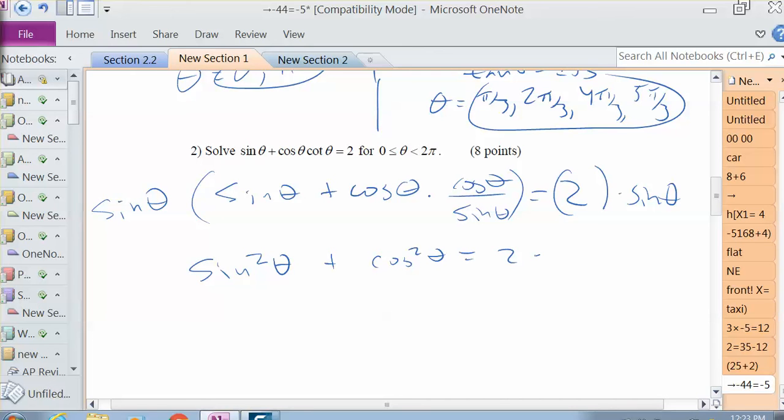But by doing that, you make life so much easier for yourself, right? Because notice that sine theta times sine theta is sine squared theta times that fraction, the sine thetas go away. 2 sine theta, that's 1. Cosine squared plus sine squared is 1. Sine theta is 1/2. And where's sine 1/2? That's going to be 1/2 at pi over 6 and 5 pi over